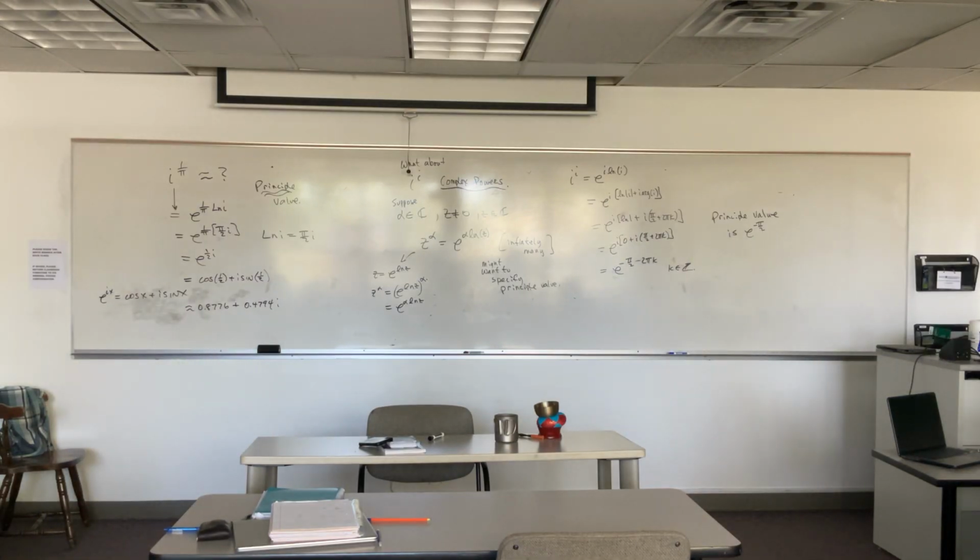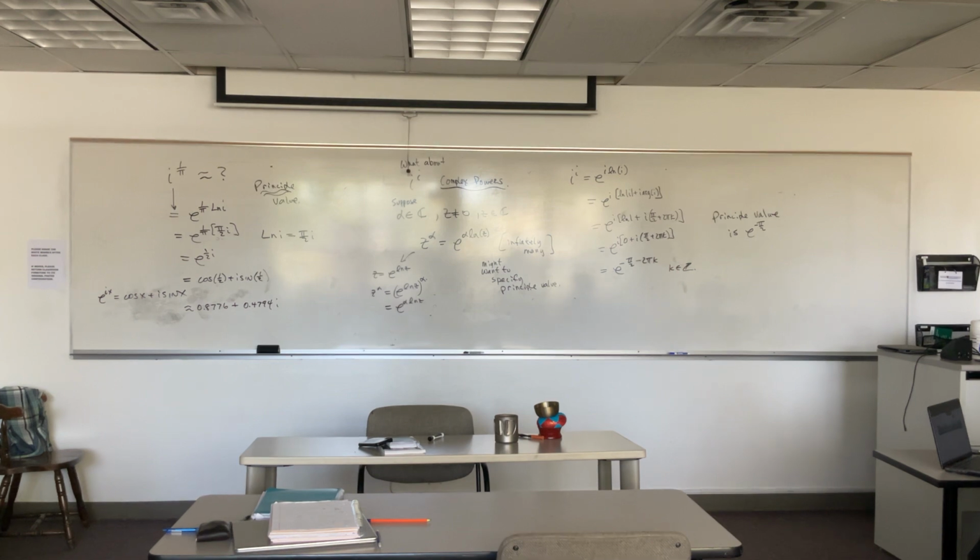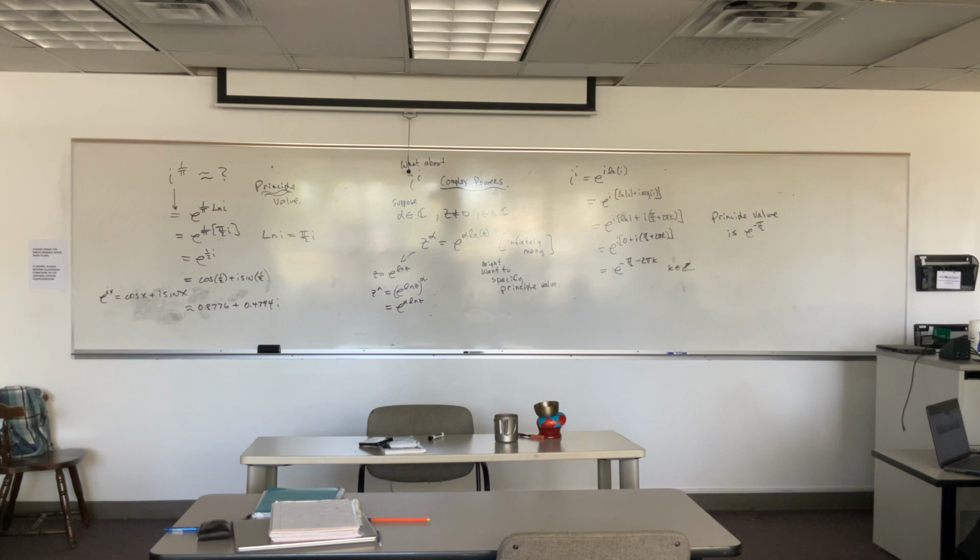So it's just, instead of all the possible loop arounds, it's just a single value that comes out. So, for example, when we had 1 plus i, the principal argument is just pi over 4, and we don't have to add on plus 2 pi k. So it's just a nice single value thing. Let's do another one. If this had been minus 1 minus i, then the principal argument would be negative 3 pi over 4. Does that make sense? And then, if I was on the real axis, like negative 2,